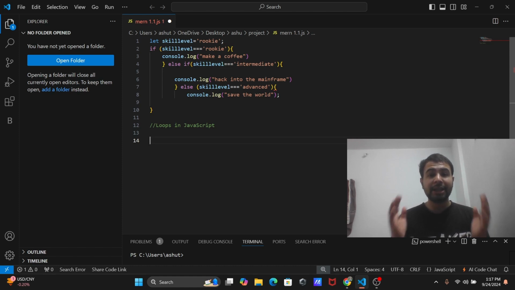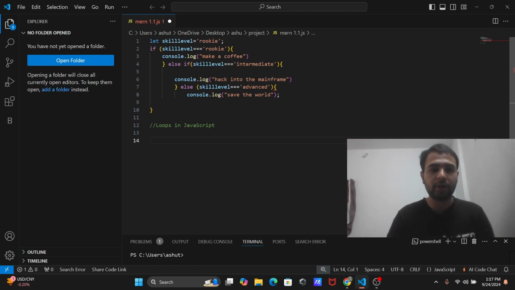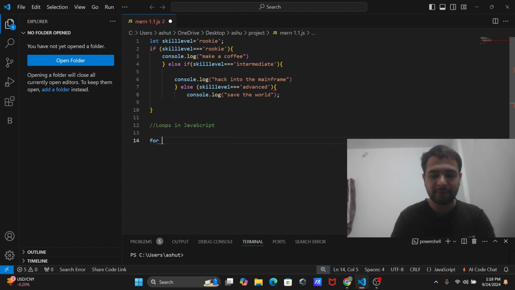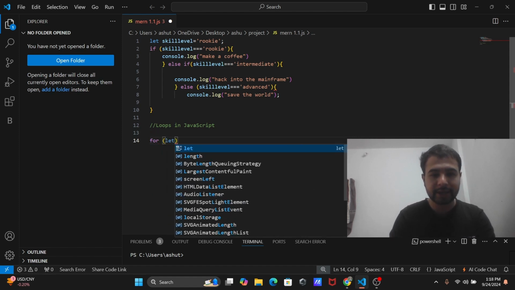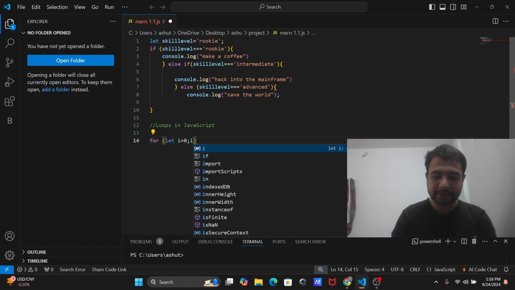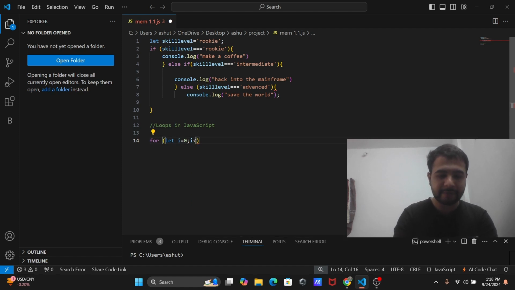For example, let's print the numbers from 0 to 4. So let's say for, let i = 0, and i is less than 5, because we are printing numbers from 0 to 4.